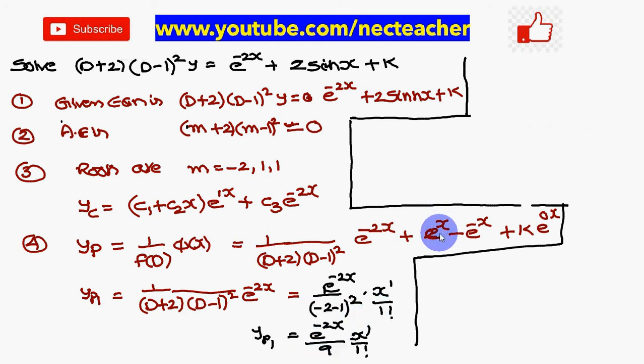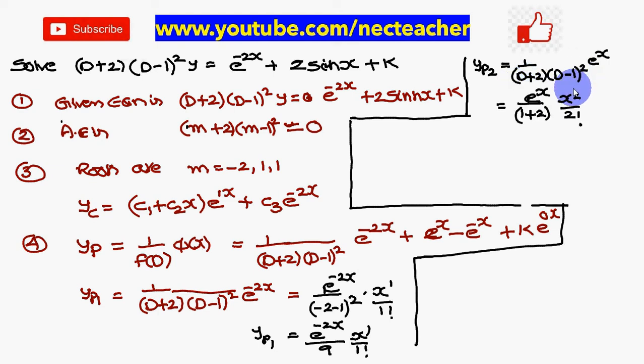Now we will go for the e power x. So e power x, the x coefficient is how much? 1. If you substitute 1 here, what happens? 0. Denominator 0 you are going to get. Then what do you have to do? If you substitute here, nothing will happen. Therefore you substitute 1 plus 2, 3.